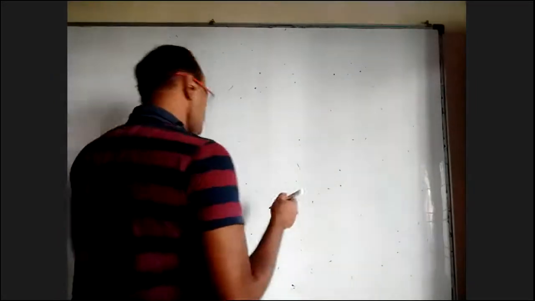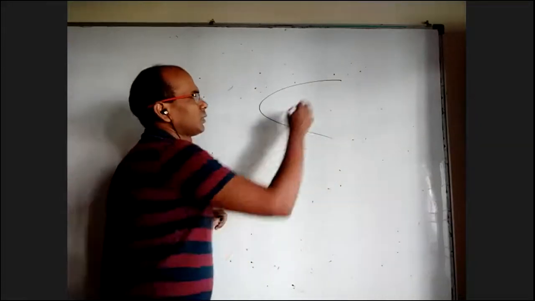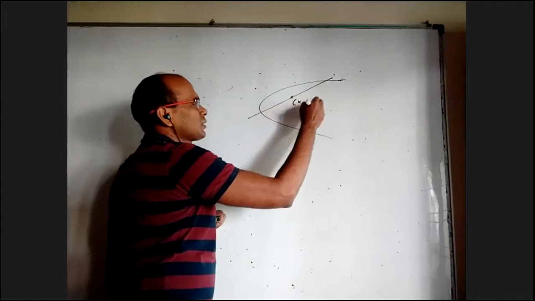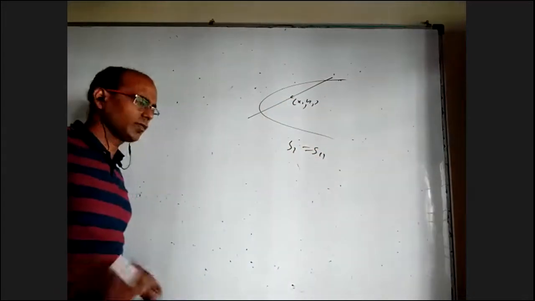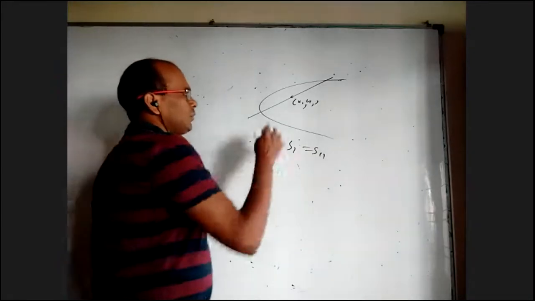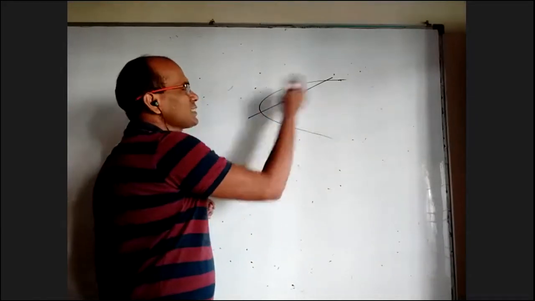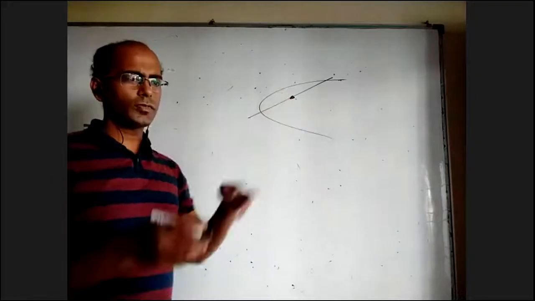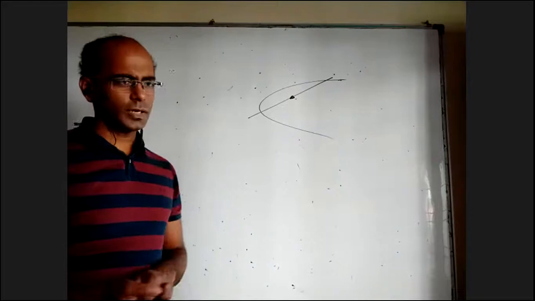Okay, one or two small things here. We all know that if there is any chord, and you know the midpoint of the chord is (x1, y1), the equation of the chord is S1 = S11. I'm not deriving it, it is true for all the conic sections. If you know the point and you want the line, you can use this. But if the line is given and you want to find this point, there's no point in taking this (x1, y1), finding S1 = S11 and comparing. It is not going to come that easily.